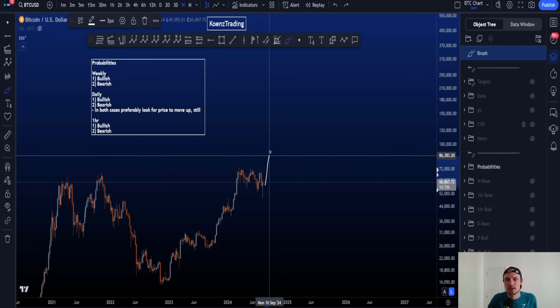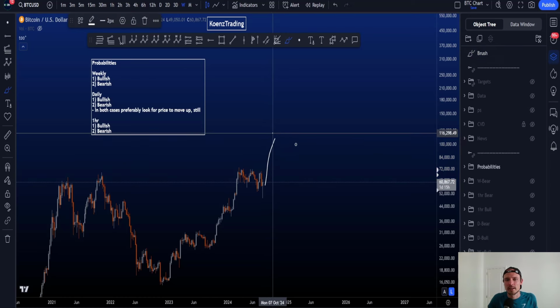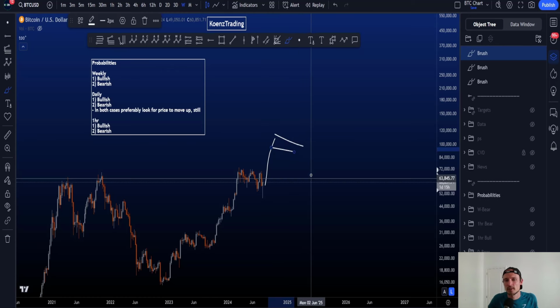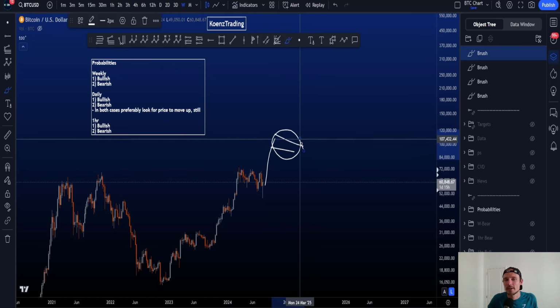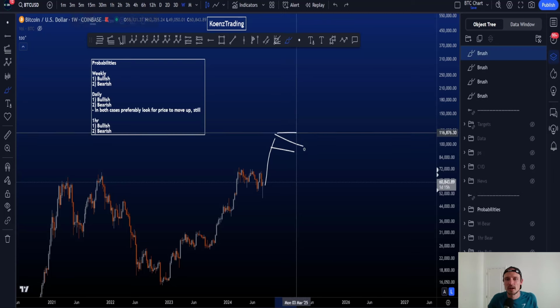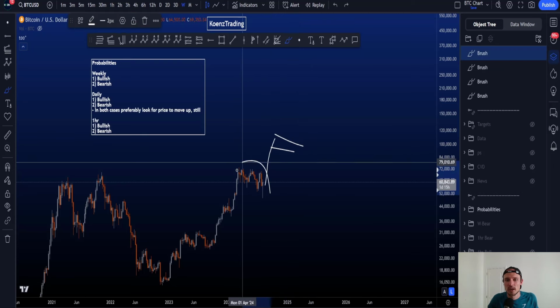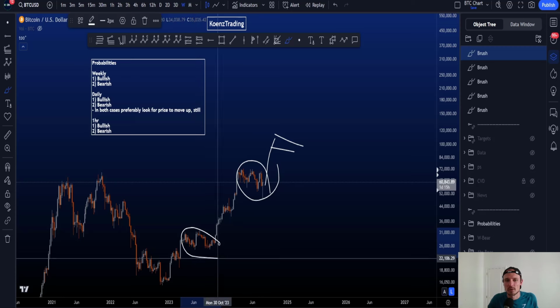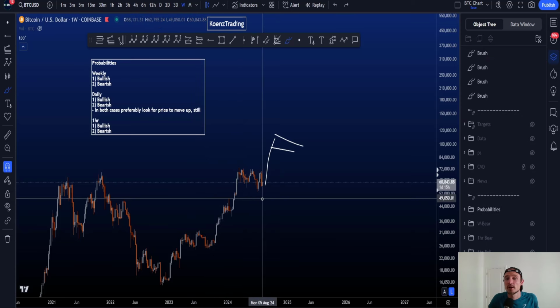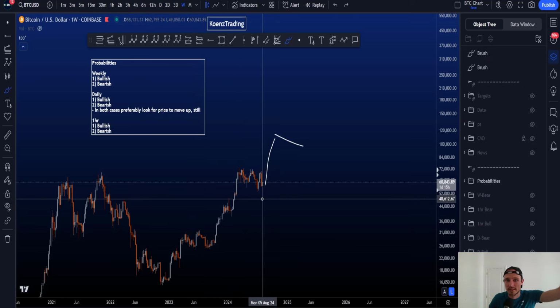If price moves to the upside and takes out the all-time high, then every new range that is going to be forming is a range we're going to be analyzing. And if the probabilities are higher for this to be a corrective structure, just like we had over here, just like we had here, just like we had here, we're going to look for price to move towards the upside. But if we do count impulsive structures up,